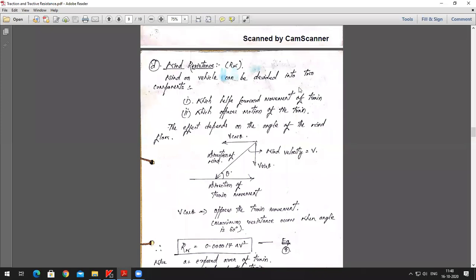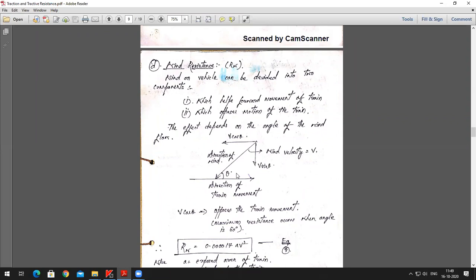Now coming to the last resistance that we have, it is because of the wind that blows on the vehicle when the vehicle is moving. Imagine the vehicle is moving at a certain speed, and the direction of movement is like this, the way it has been shown in the arrow. Wind will be blowing not just in one direction, isn't it? It can blow from the top or from the front of the vehicle, or from the sides of the vehicle as well. So you are not definite in which direction the vehicle will be influenced by the wind.